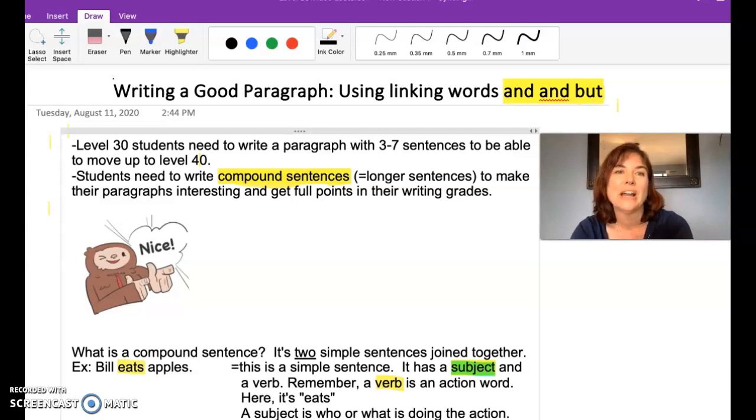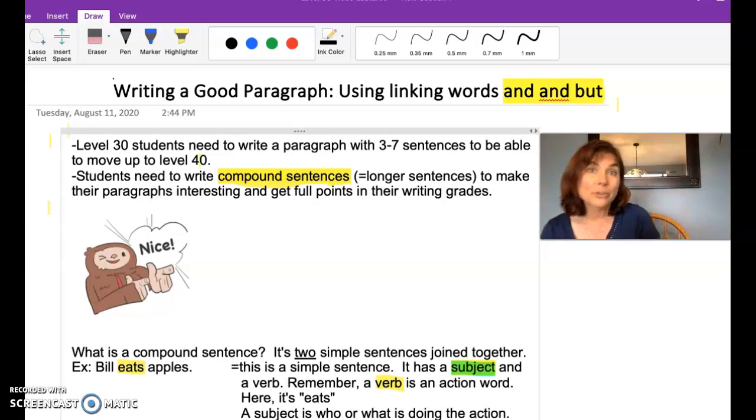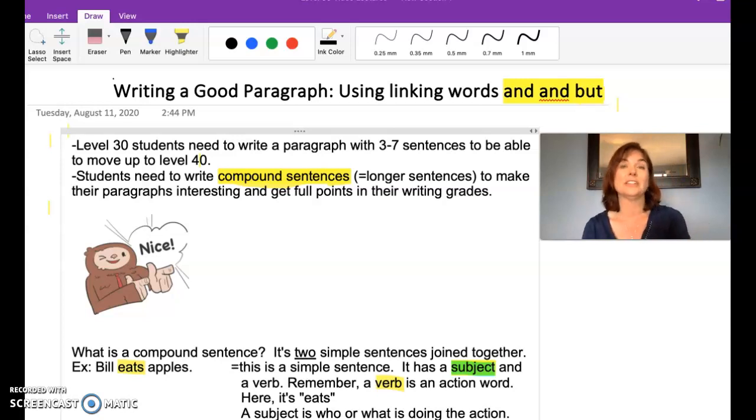Today we're going to talk about how to write a good paragraph using the linking words and but. Okay, we also call those conjunctions. So I'm excited about this because writing is super important in learning English. It's how you can show your thoughts and ideas, your opinions, and it helps you to become a better English